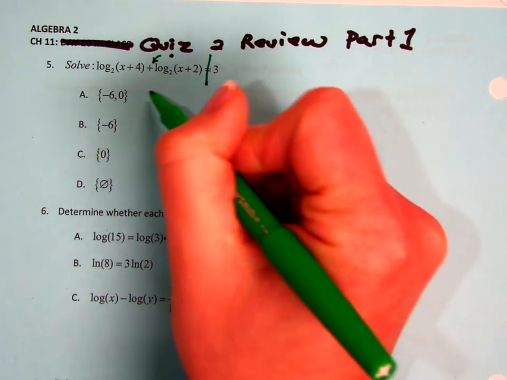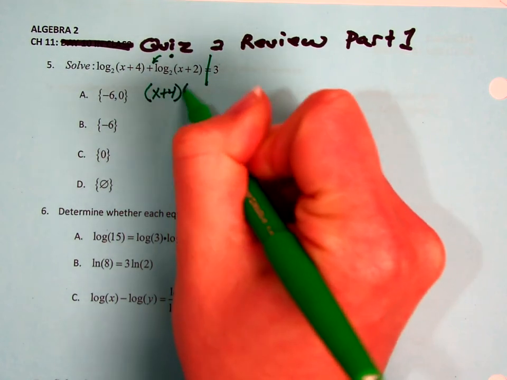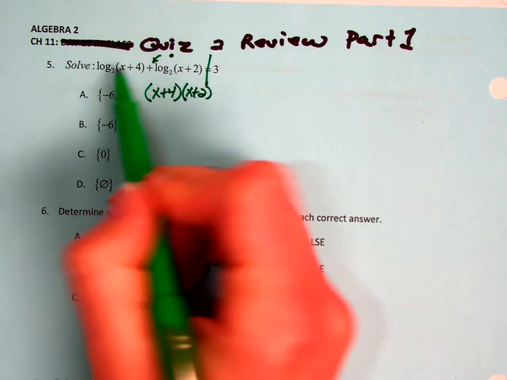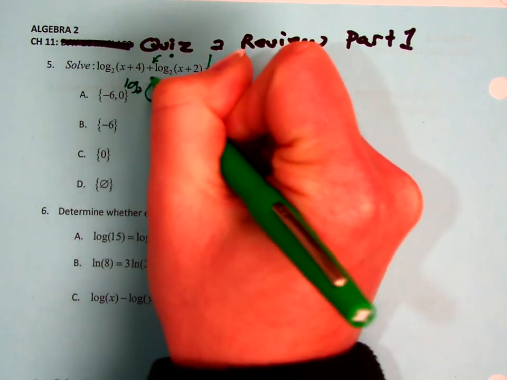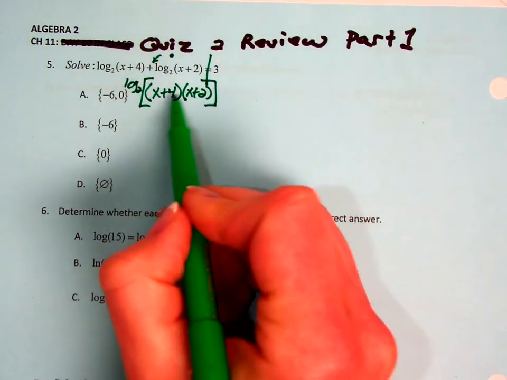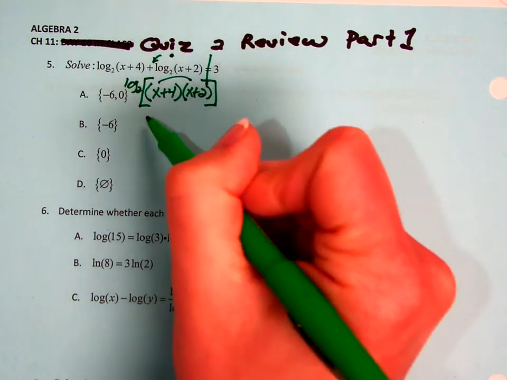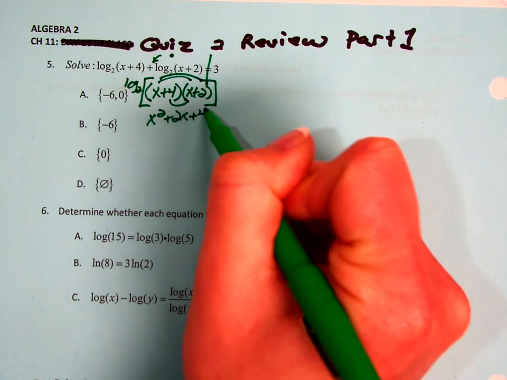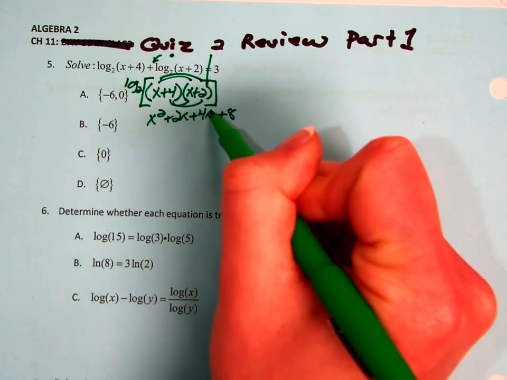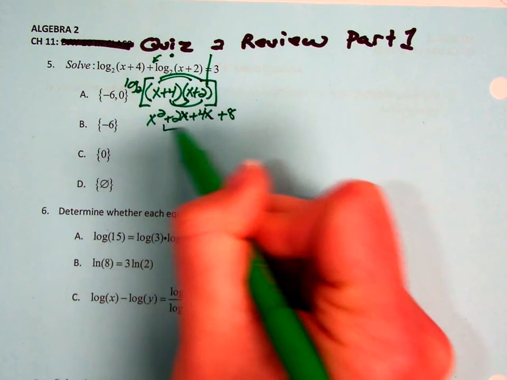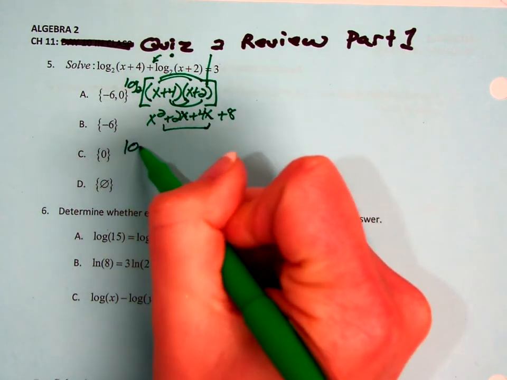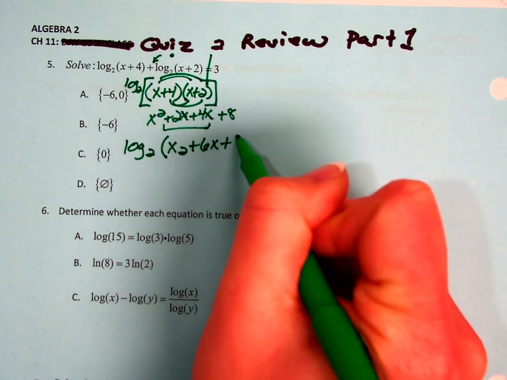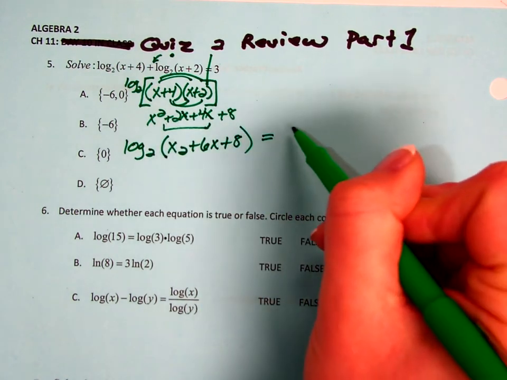So essentially what we're doing is we're doing x plus 4 times the quantity x plus 2 to figure out what goes inside of log base 2 on this side. So that means we need to actually multiply these by distributing. So we would get x squared plus 2x plus 4x plus 8. And then we need to combine our like terms. So we would have log base 2 of x squared plus 6x plus 8 on this side is equal to